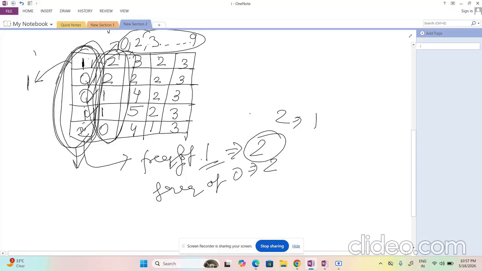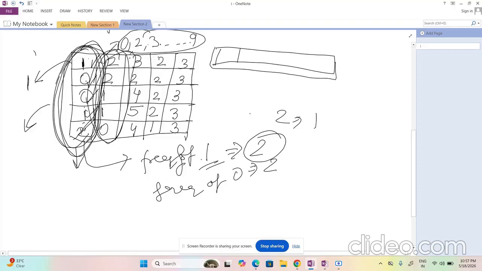Why am I taking column? Because we are considering column wise only. We are setting elements the same in a column, right? That's the reason it converts into a problem where we take it as a 1D array. Okay, why I'm saying so, I'll tell you.